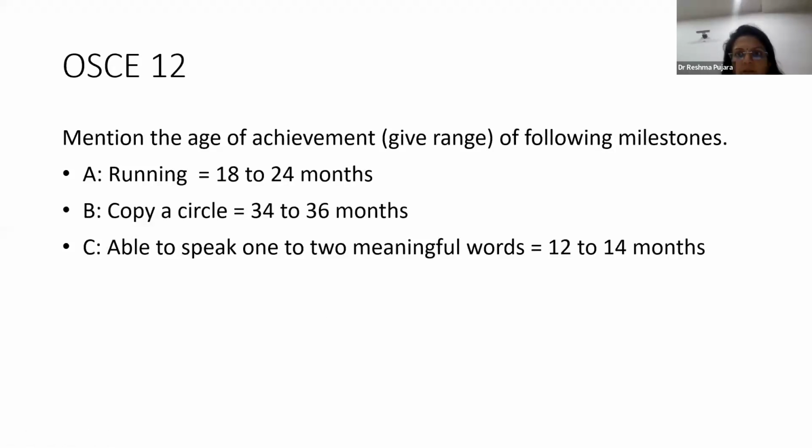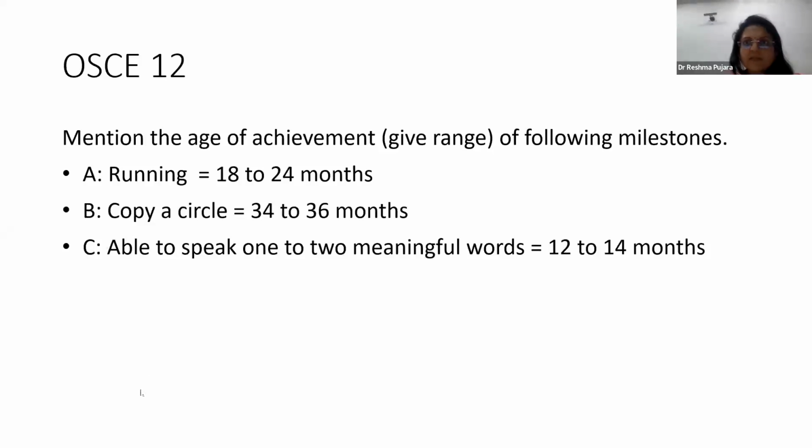Okay. So you all are right. You all have read your development. So running between 18 to 24 months, copy a circle at 34 to 36 months, able to speak 1 to 2 meaningful words between 12 to 14 months. Now just remember, in development, it is always a range because every child is different. And the second thing